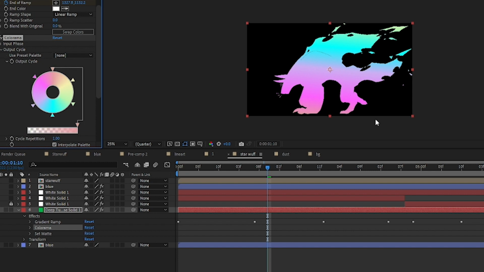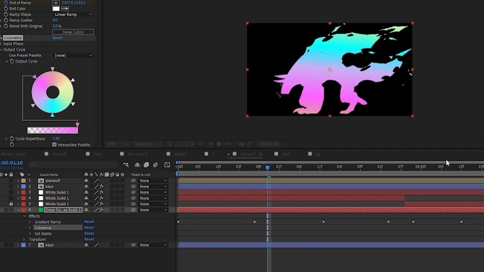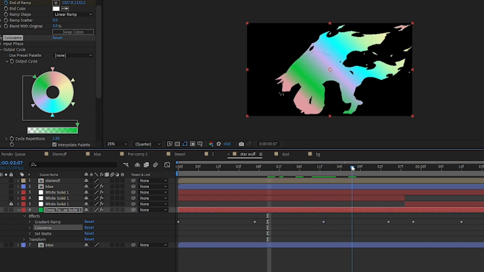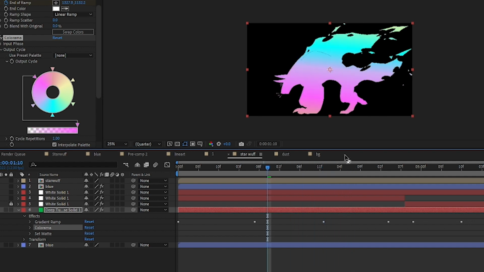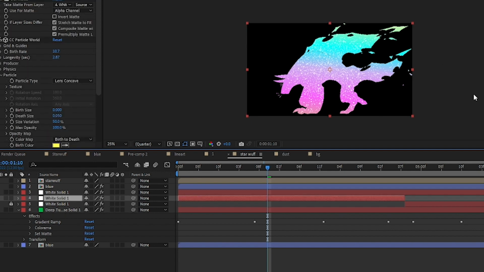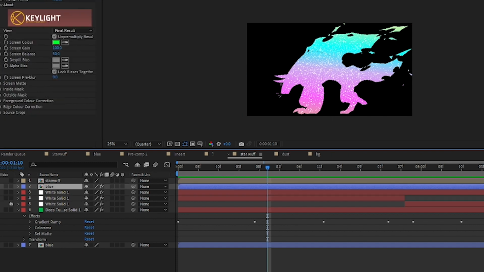Okay, that one's not super noticeable. How about this one? This is pretty cool. I like that you can just change the colors here. I need to play with this more. And if we move up, I also have the particle effect here. I feel like the particle effect isn't super noticeable, but it's a nice thing to notice whenever you're really looking at the animation. And then if we hop up here,